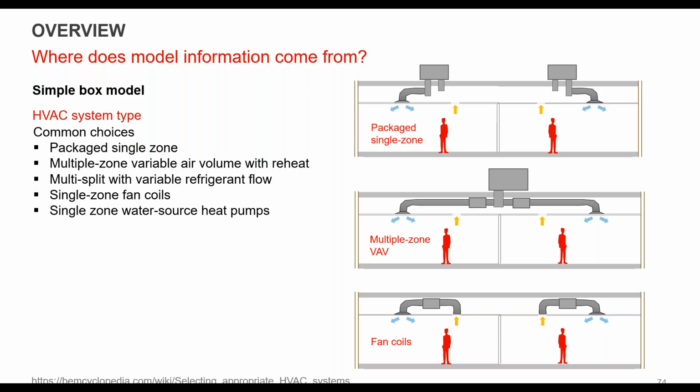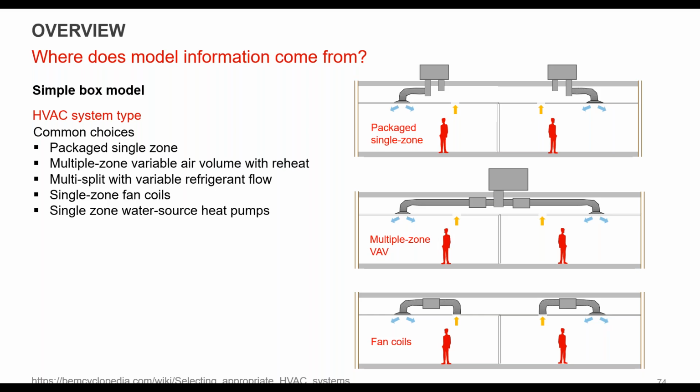And then what do you do for HVAC when you're looking at a simple model? So again, you might have a package single zone, multi-zone, you might have fan coils. In this case, you might be testing different systems against each other, right? That's a very common use of an early phase model. So you might be looking at fuel sources. You might only have electric to the site. You might have fuel and gas and electric. So understanding what the goal is from the client, and maybe there's an HVAC designer on board and you're testing a few things. So you might also be looking at, if you don't have anything,